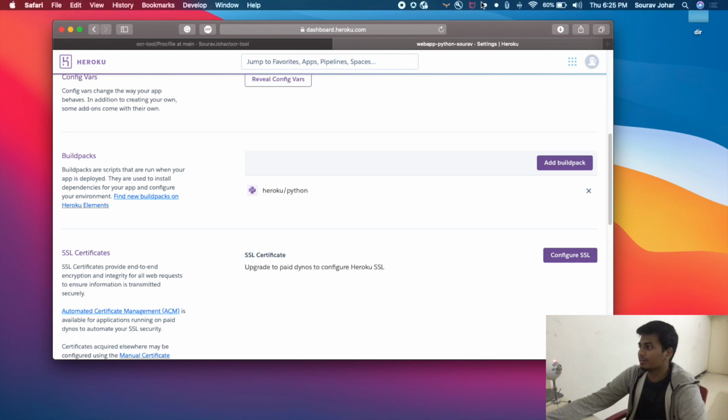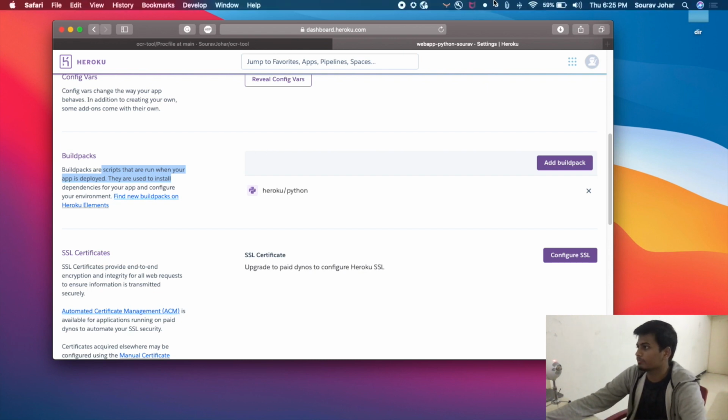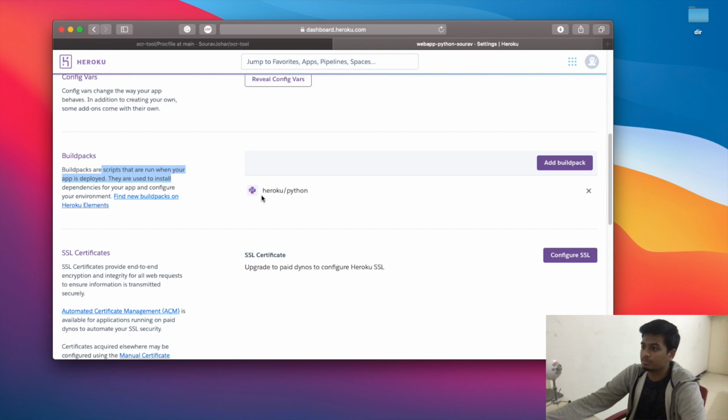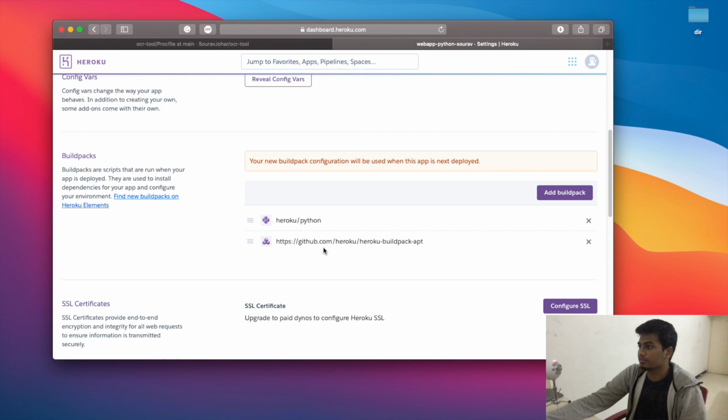You might also need to add additional buildpacks. A buildpack is basically a script that runs when your app is deployed. It tells the Heroku application what to expect or what prerequisites to have before deploying your application. If it automatically detects Python, then awesome. If it doesn't detect Python, then you can just click here and add it. In my case, I need to add another buildpack, which is the apt buildpack, since I've given an apt file and I require that my application should install a bunch of things from apt. That is why I have to specify this Heroku buildpack apt so that Heroku can download those things. So I'll save those changes, add that buildpack here.